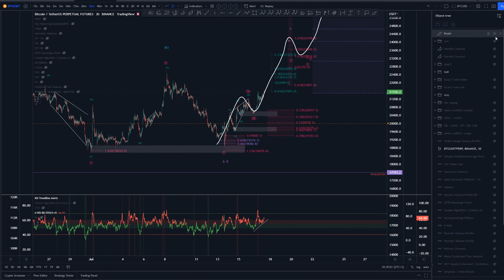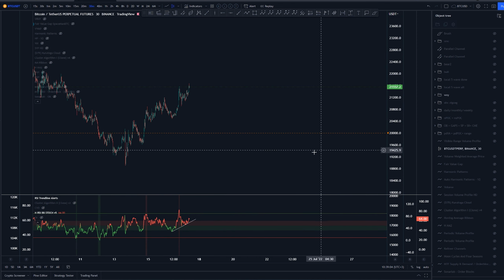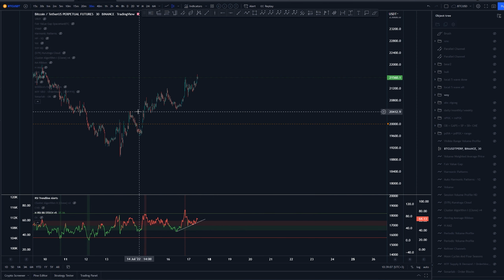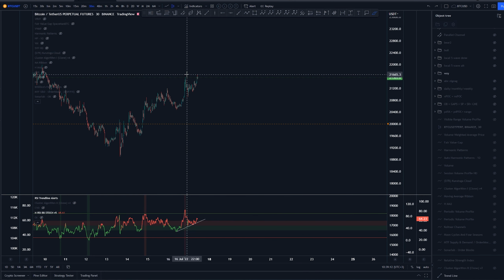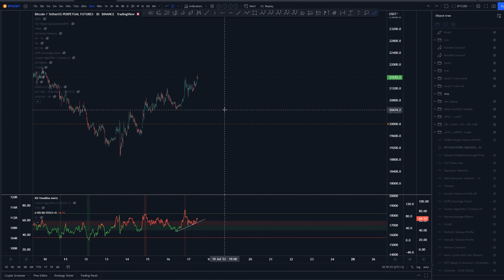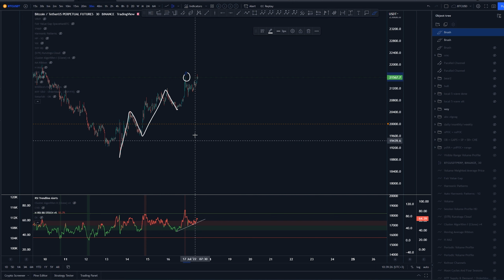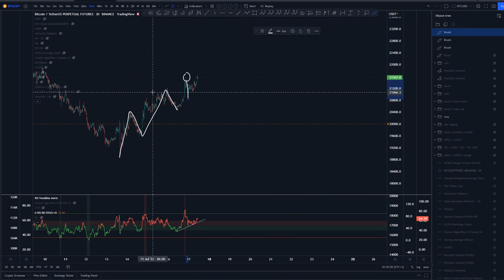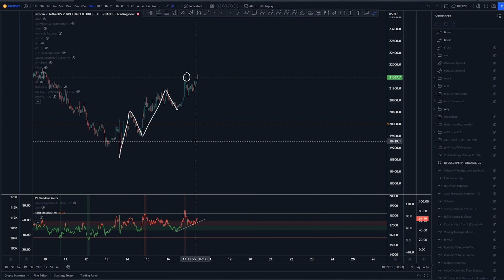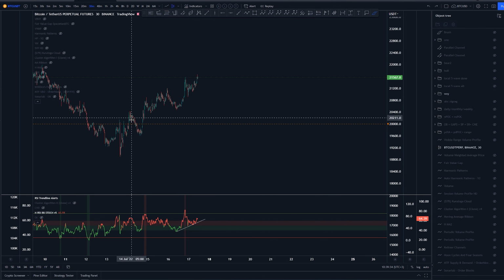Now, if we are closing this and starting to look at the other possibilities in here, we could say, okay, let's look at the RSI. Here we have the highest RSI. Is there any way we can have this as a 3 of something? Sure, we can have this as a possible 1, 2. No, that does not work, because if this was the 3, we would get right back into the wave 1 area. So it is going to be tricky to get some kind of count that would fit this idea here,